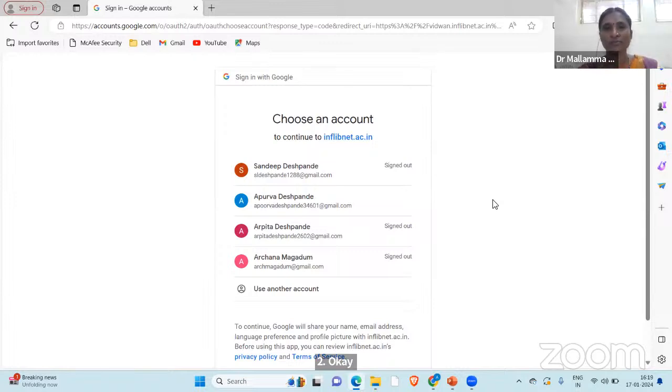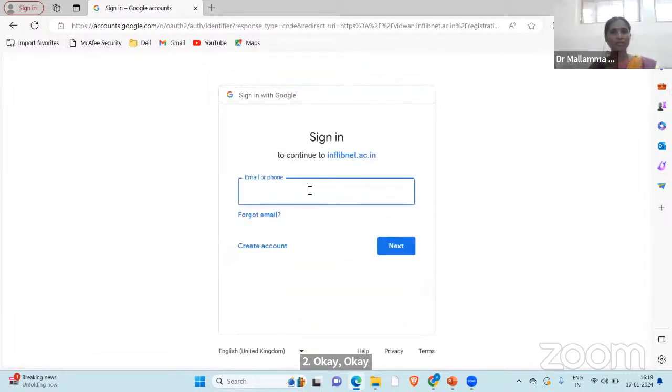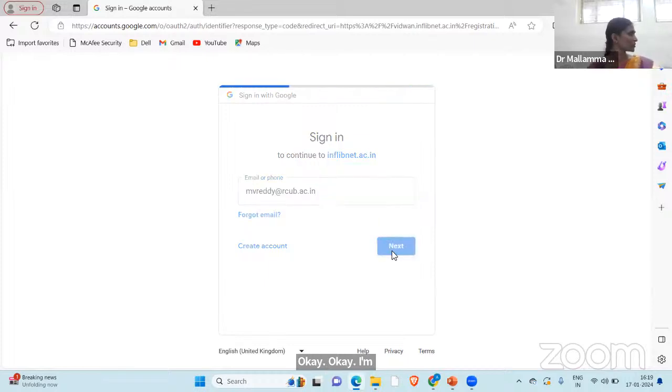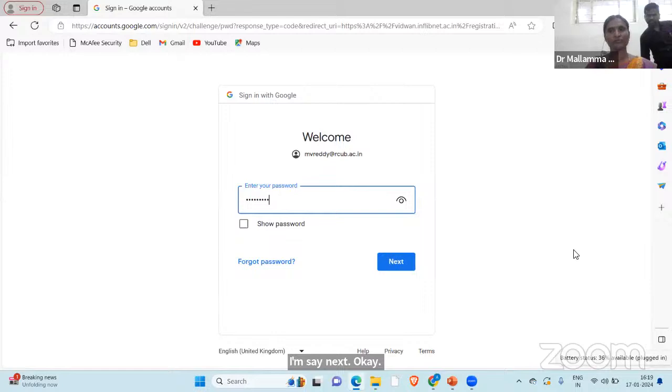Click it here. Now use your account, whatever account you have. I will go with my ID, whatever your ID is, and say next. And enter your password and say next. Okay, then click next.